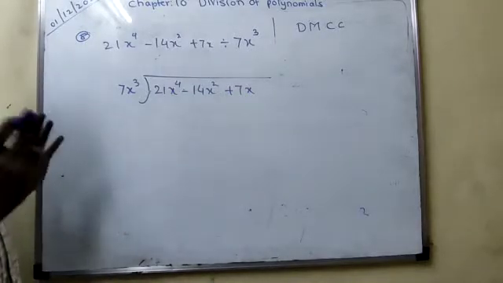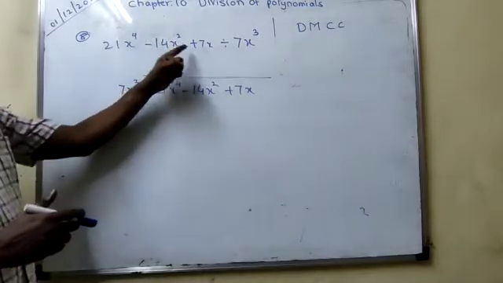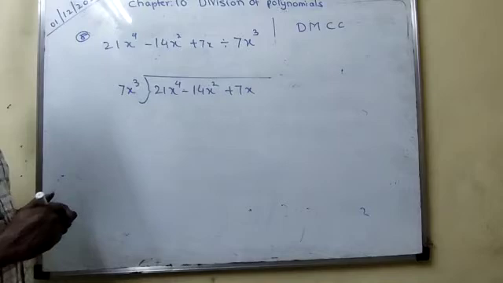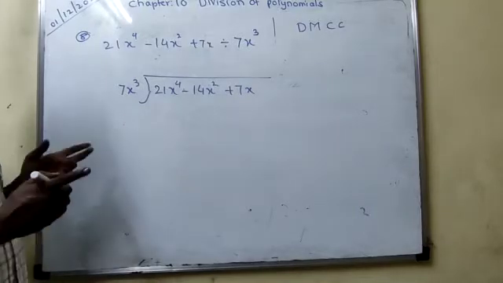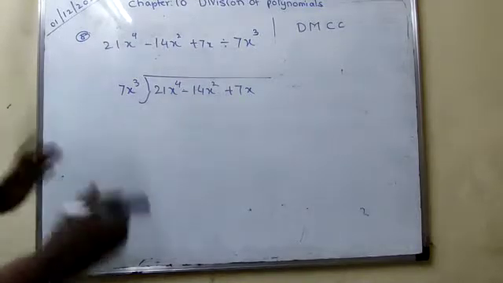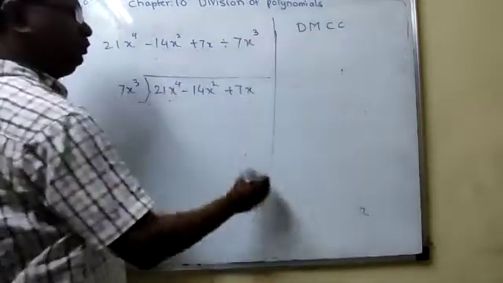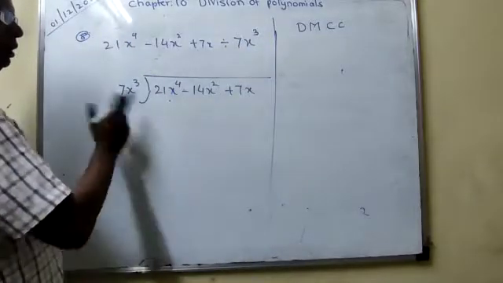Now, if you see carefully, you will see that something is missing here. There is no standard form. Standard form should be there. If you don't know the standard form also, it's okay. We'll do it in this manner. Monomial. Now, first term divided by the first term. We follow that rule.